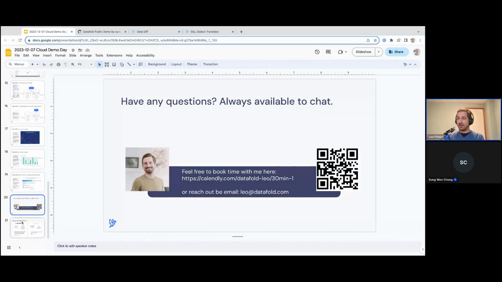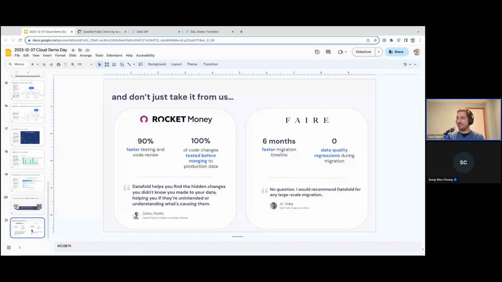And I'll go back to this in a minute so you have it up on the screen, but I did also just want to share a couple of our micro case studies right here. For companies in the finance space, definitely take a look at what Rocket Money has to say. They used Datafold to pass an audit and to continually validate to their internal and external stakeholders that their data is reliable